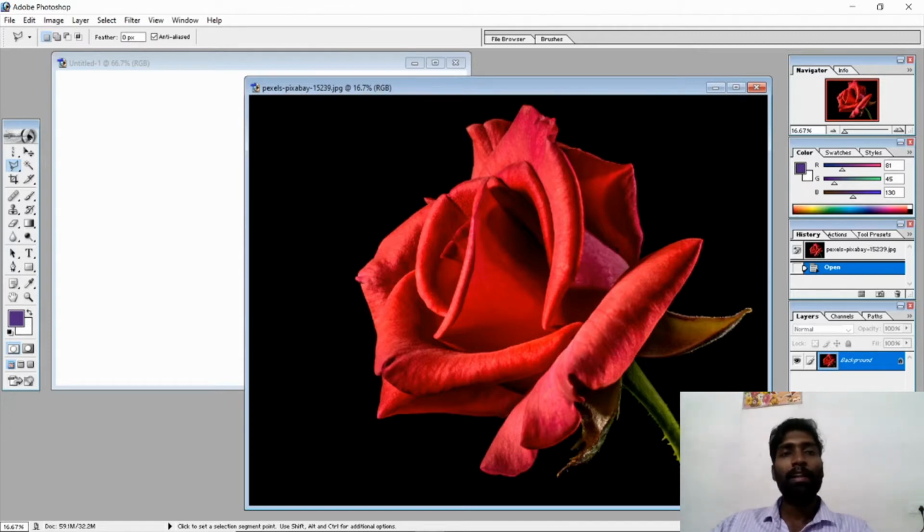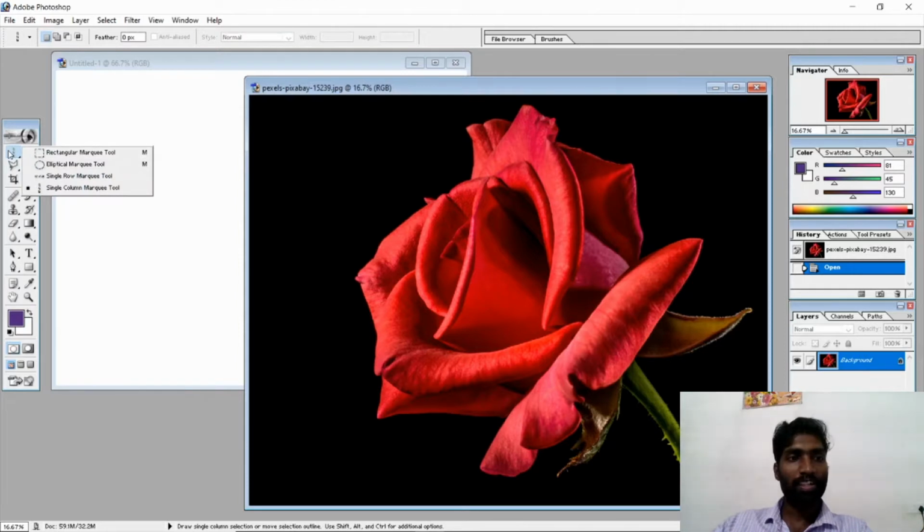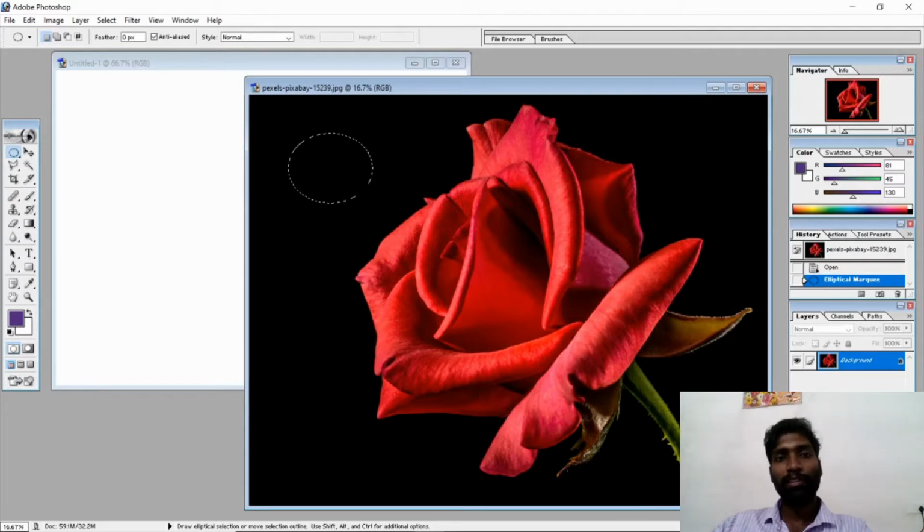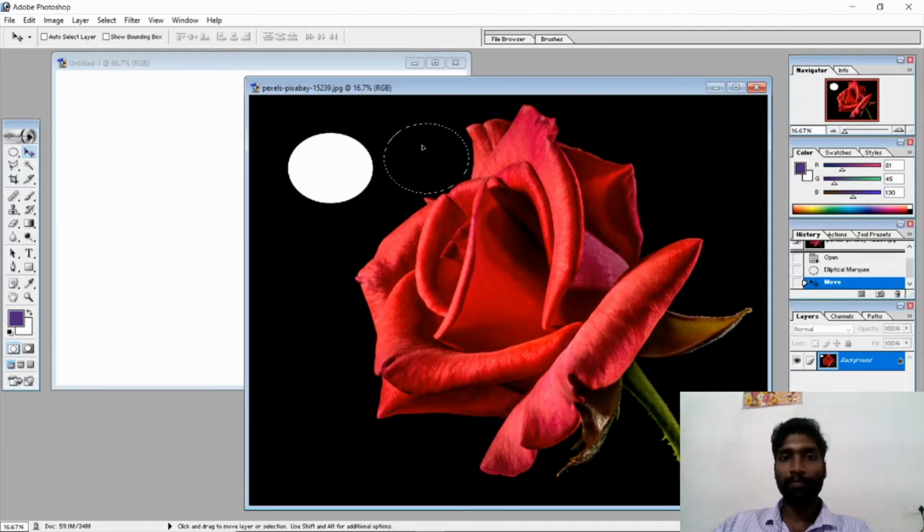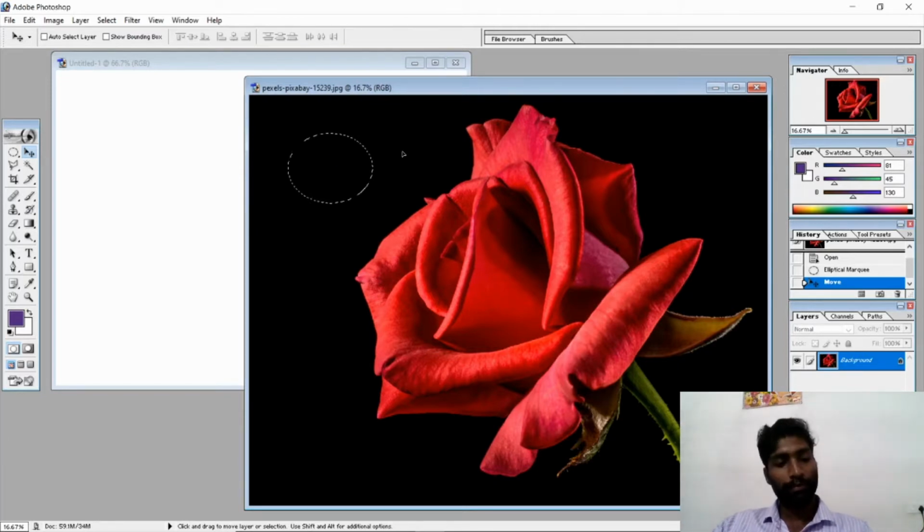Now kindly see. First thing, the marquee tool. The marquee tool is used to select a regular object. Here you can see the marquee tool. Just right click on the toolbar. If I select a circle, with the help of the move tool, now the circle is selected. I have to select the move tool and then I can move it. So the marquee tool is used to select a regular object.